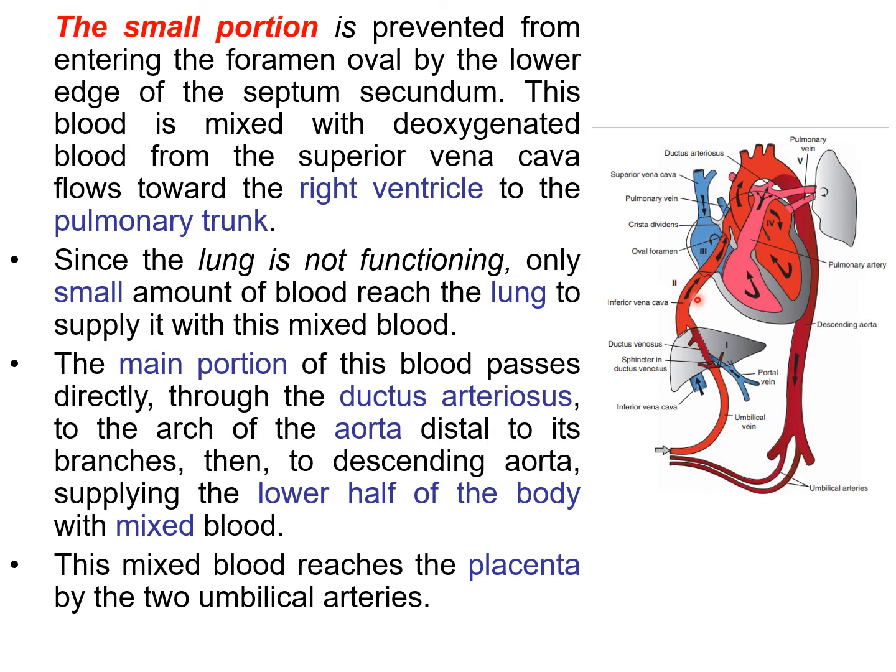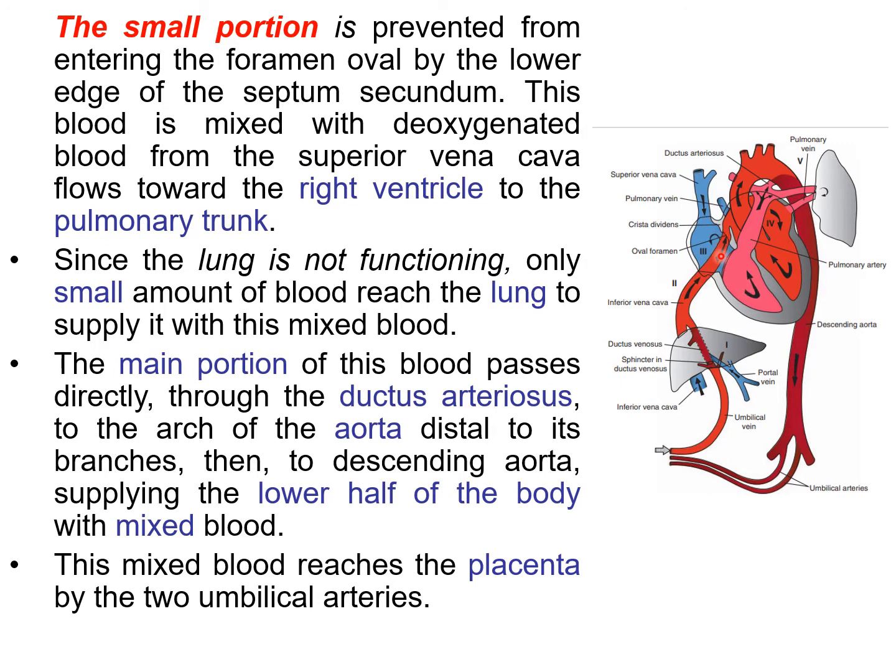As we have discussed, most of the blood from the inferior vena cava enters through the foramen ovale into the left atrium, but some of the blood, because of this crista dividens, which is the lower edge of the septum secundum, remains in the right atrium. So this blood which is oxygenated mixes with the blood which is coming from the superior vena cava, which is deoxygenated blood. So this blood mixes with the blood of the superior vena cava, and now this blood from the right atrium enters into the right ventricle through the atrioventricular opening.